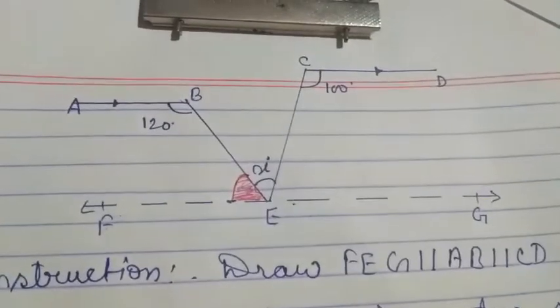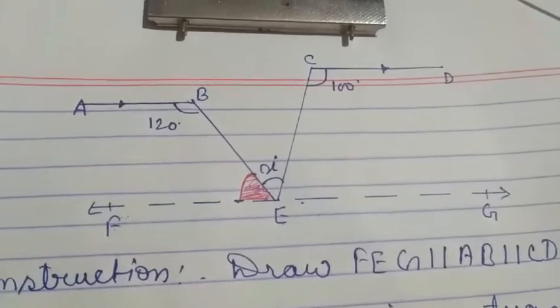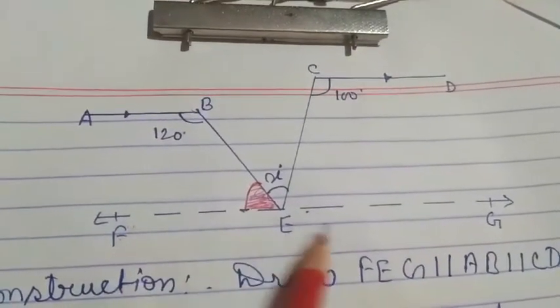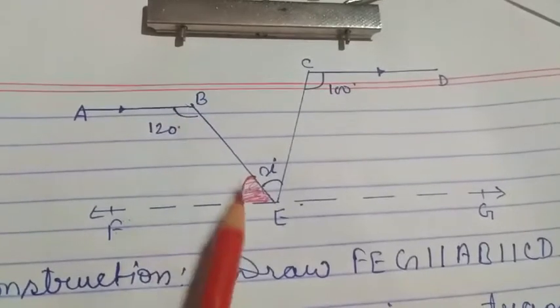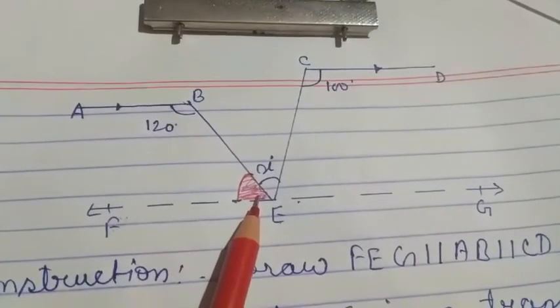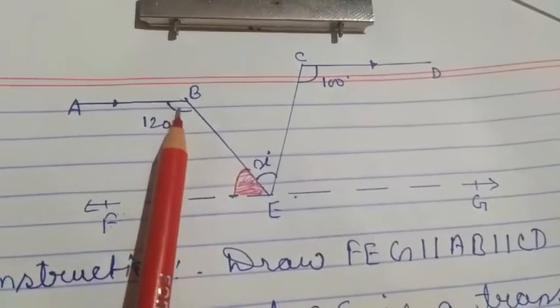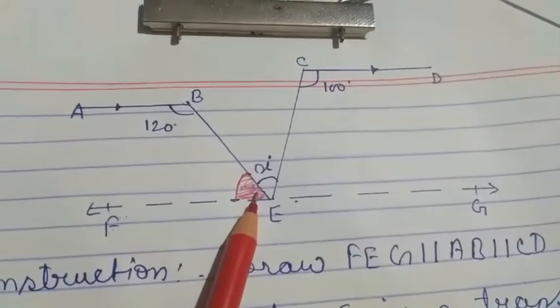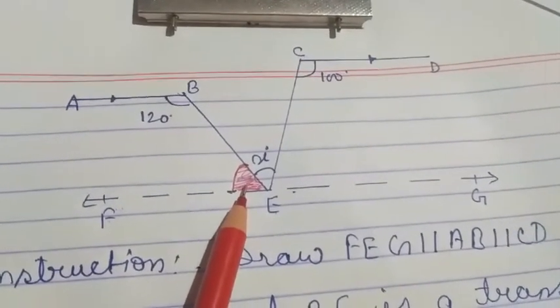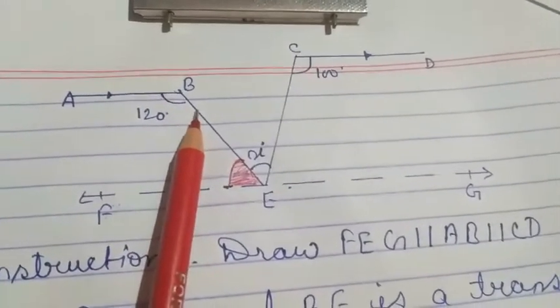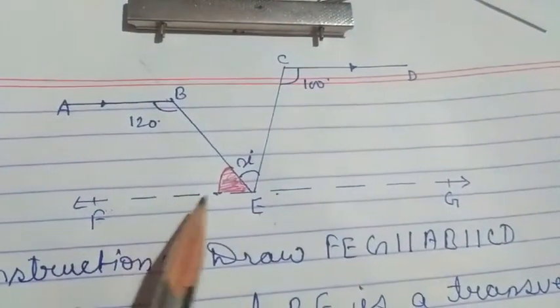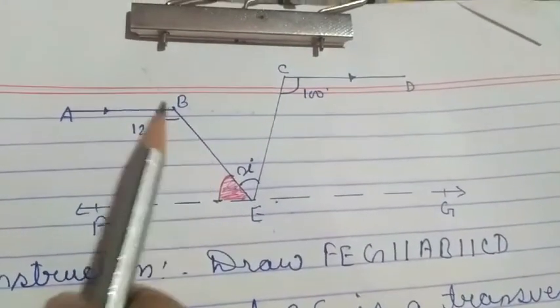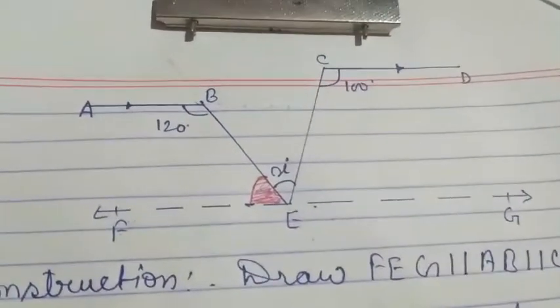How can you find out? Give me the way. Yes, when AB and FEG are parallel and BE is the transversal, by this way these two lines are co-interior angles, that means consecutive interior angles, and you know the sum of consecutive interior angles is 180 degree. समझ में आ रहा है? अगर ये दोनों पैरेलल है, ये ट्रांसवर्सल है, तो ये कौन से एंगल्स हो जाएंगे? थोड़ा सा इसको अगर फॉर्म कर दो, अप साइड में फॉर्म कर दो, तो देखो आपको दिखाई देगा. ये दिख रहा है? तो ये दोनों इंटीरियर और कंसिक्यूटिव इंटीरियर एंगल्स हो जा रहे हैं.